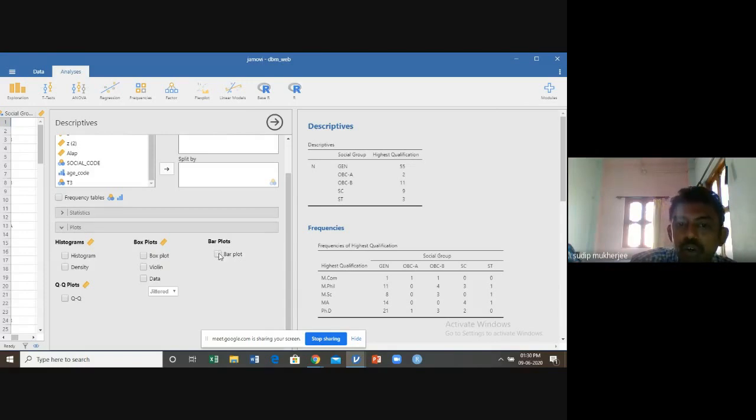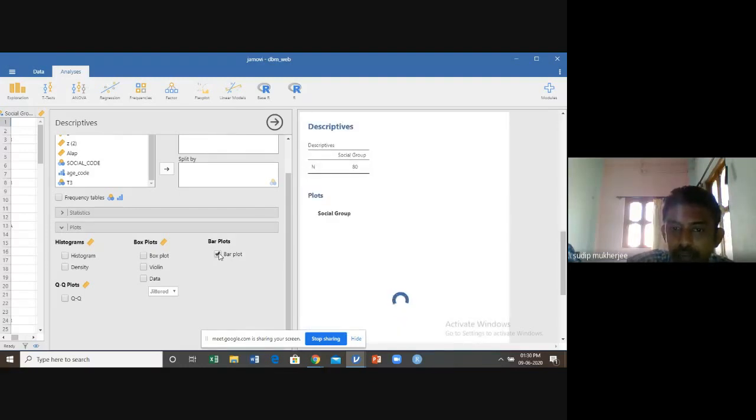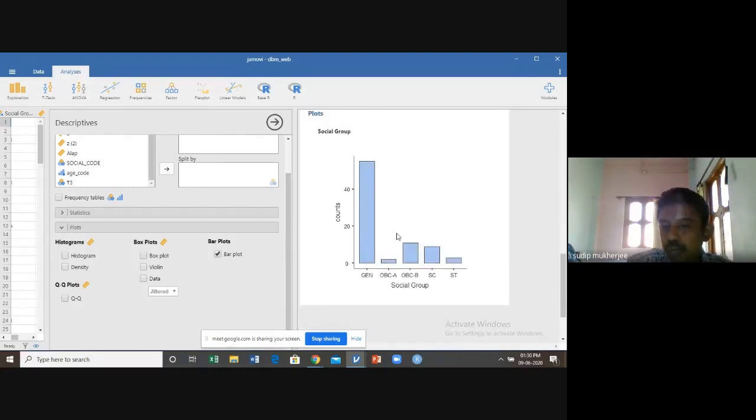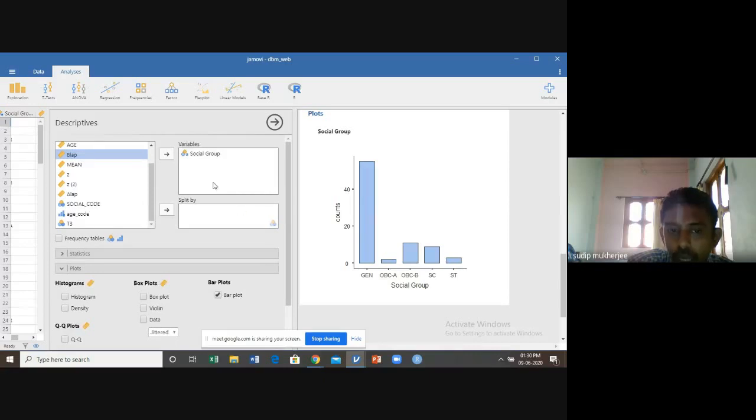But as we know, social group is not a continuous variable. We can only draw the bar plot. Remember one thing, in Jamovi you cannot draw a pie diagram. Pie diagram is not possible in Jamovi. But this is the bar plot of social group.